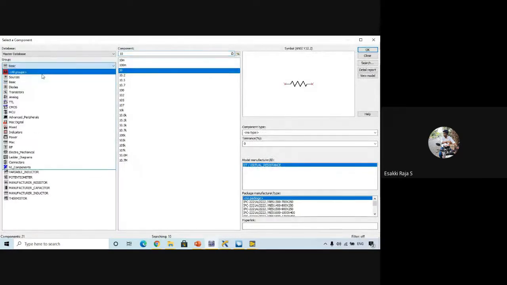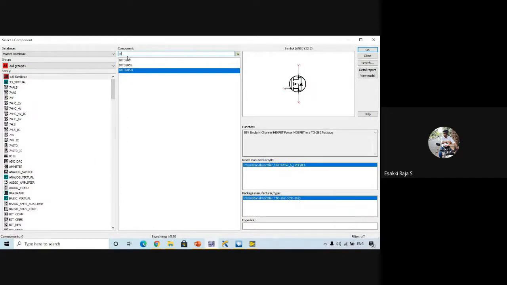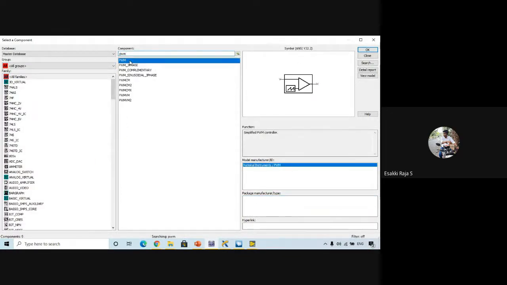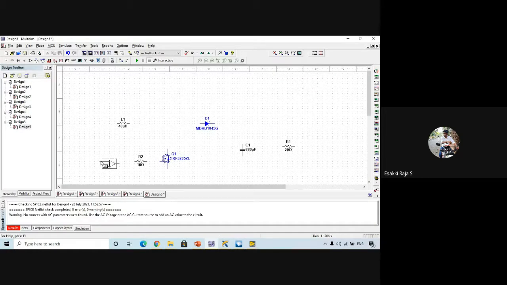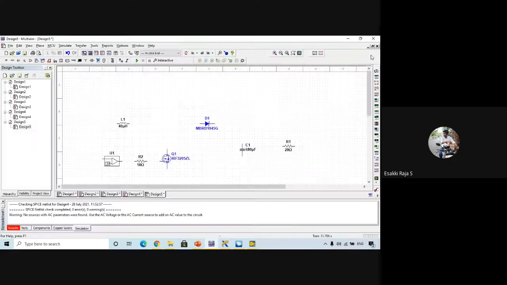Then we need a PWM block, so I'll search for PWM and use a PWM block. In the PWM, only the duty cycle will be provided from LabVIEW. The remaining things, like the input source, we are providing in Multisim only.